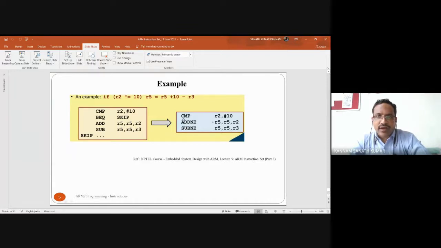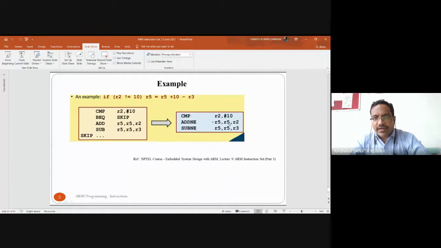Suppose this same thing you can write like this. You are comparing R2, hash 10, and then the add instruction is there: add if not equal. What will it do?